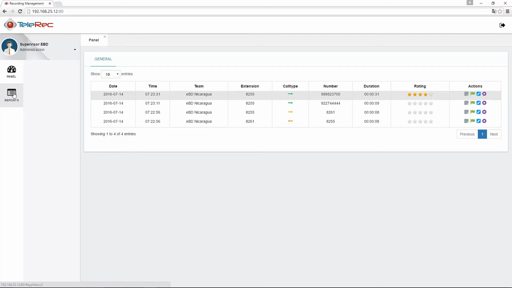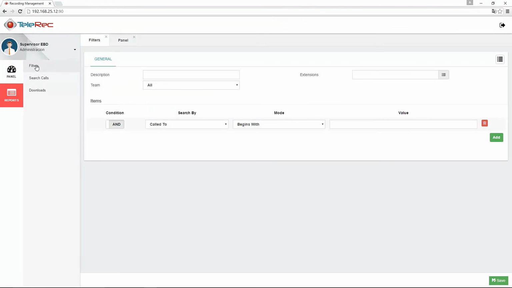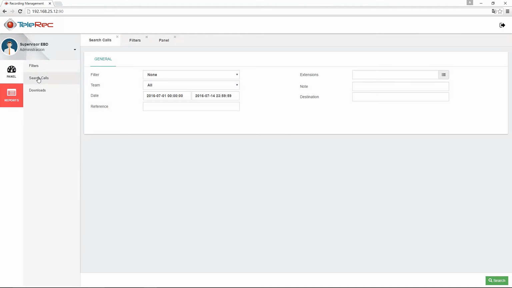The supervisor, besides having all of the calls from his or her team at their charge, can also obtain reports. They can create filters and make searches. As we promised, we will see how to obtain a report. For example, we will make a global report from all the calls that the supervisor is in charge of,